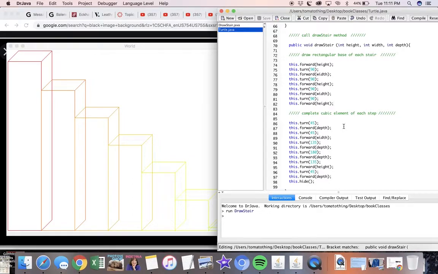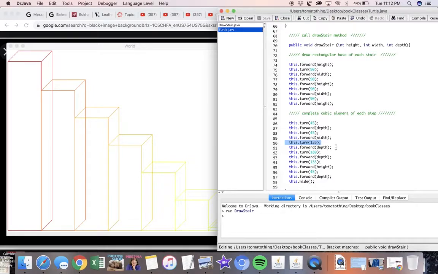And then after those 2 turns and movements forward, we end up at the rightmost, topmost part of each stair. And from there, we still have to go diagonally back to reach the top right corner of the original base. And so to do that, since we're facing right, we not only have to turn 90 degrees to face downward, but then we have to do an additional 45 degrees to make 135 to reach that top right corner of the base. So we turn 135 degrees. This is where we're at. And then we move forward using the depth parameter